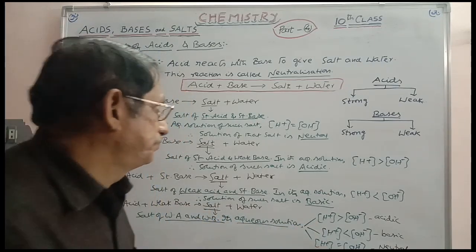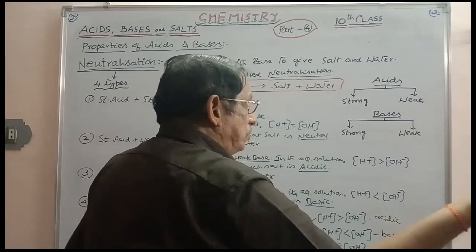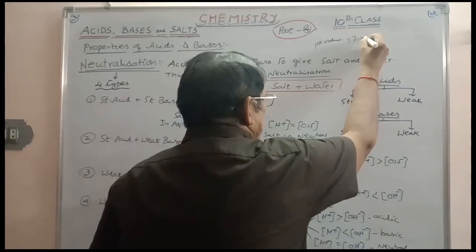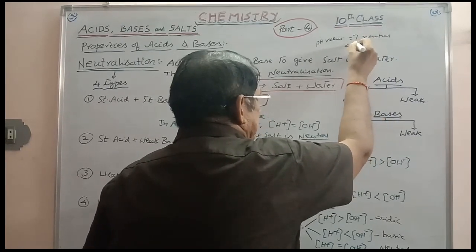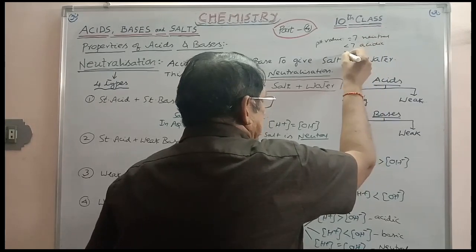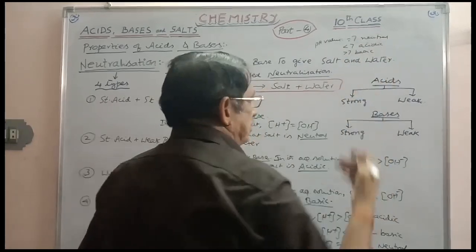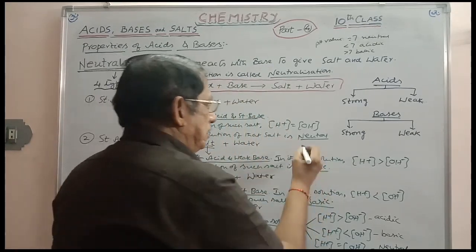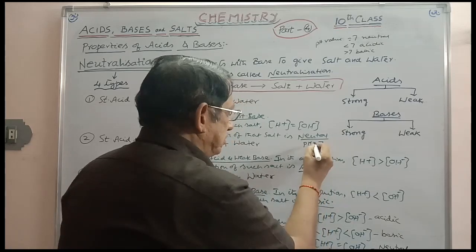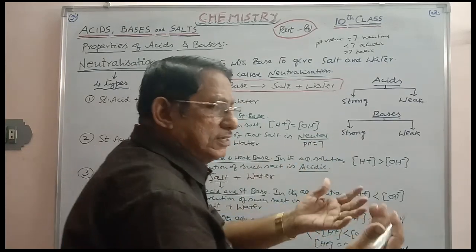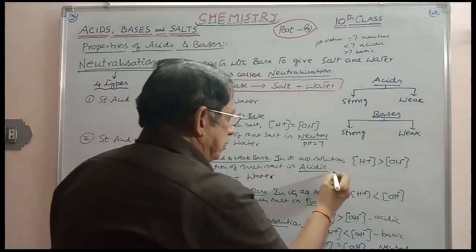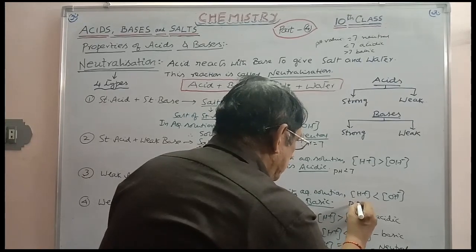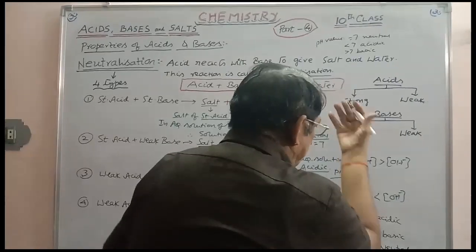Also, you know one fact. What is that fact? Later we will know pH value equal to 7 is neutral, less than 7 is acidic, greater than 7 is basic. These are the conditions. So in the case of neutrality, pH is exactly 7. That also you can mention here. Later we will fully discuss that one. When it is acidic, pH value is less than 7. When it is basic, pH value is greater than 7.